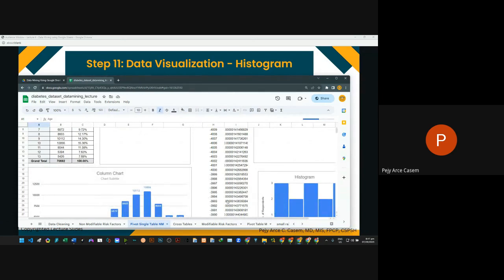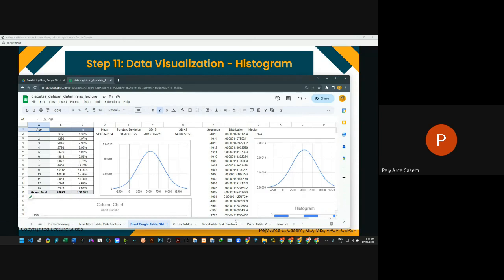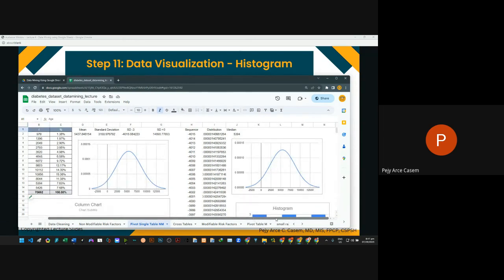I hope you are now familiar. So with the column chart, in the bell curve, there is a formula in the Google Sheet. I don't know yet if it's applicable in the Excel. So to be able to show this bell curve, you can get your mean, standard deviation,